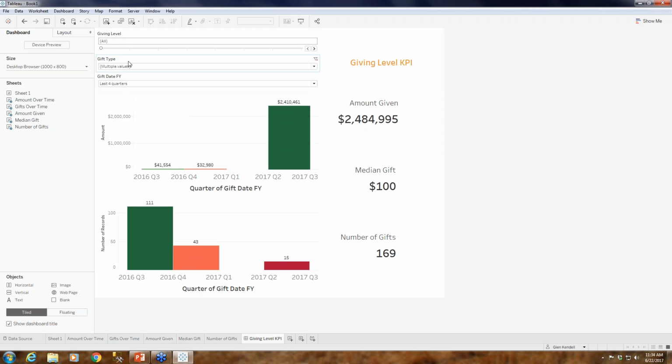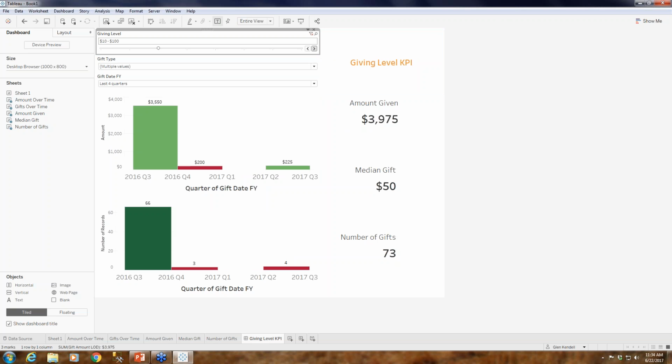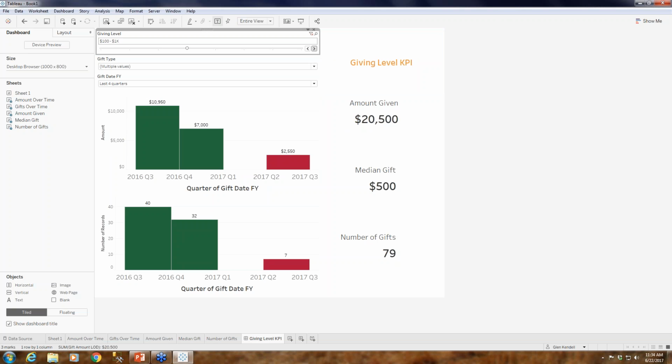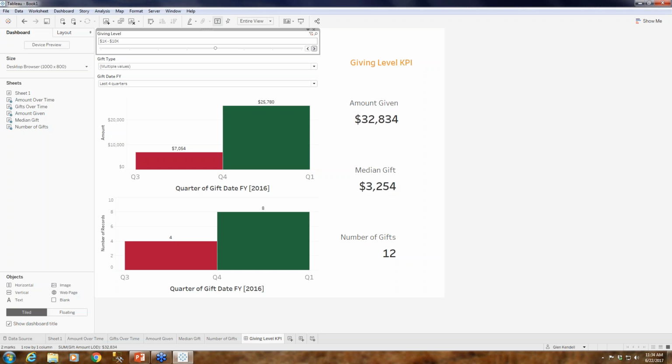So a couple of cool things there that we can do is that, so we have giving level again as a filter. So we can just bounce through these different numbers and watch the graph update. So people absorb information in different ways. People learn in different ways. So, some people,